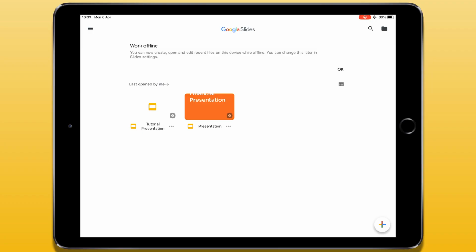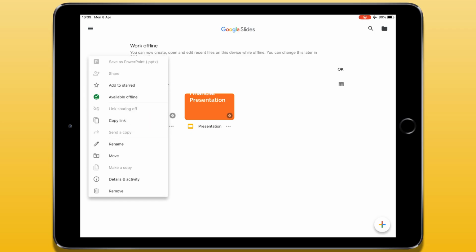You'll notice I have 2 presentations. There's just a couple of files that I've made for this tutorial. And next to the title, I have 3 dots on each one. And if I tap on that, it brings up another menu. And this allows you to achieve a lot of the things that I just mentioned, but without having to open up each individual file. So just as before, you can convert it to PowerPoint, you can share it,